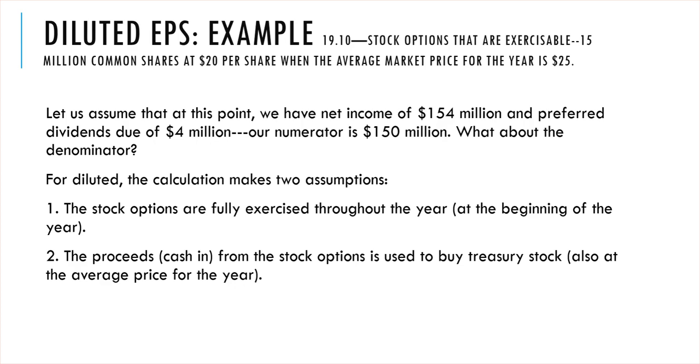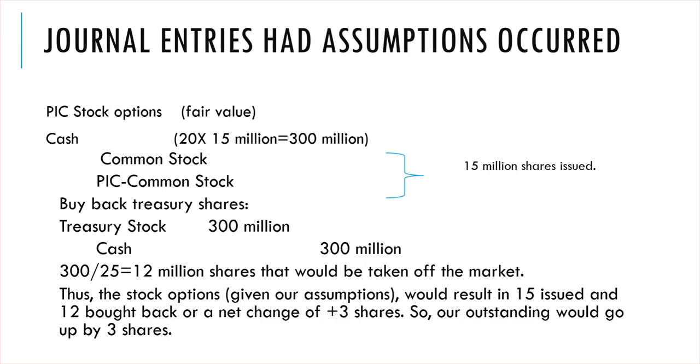So if you were to give stock options and the stock options are exercisable, you would have an increase in common shares outstanding, but you would also have a decrease because the cash you got in from those stock options would be used to buy back stock. Crazy, isn't it? So with stock options, you have cash coming in, and that is this part. And so if they were exercised, you would have additional common stock. But also, if you had this cash, which is the 300 million, you would use it to buy back treasury